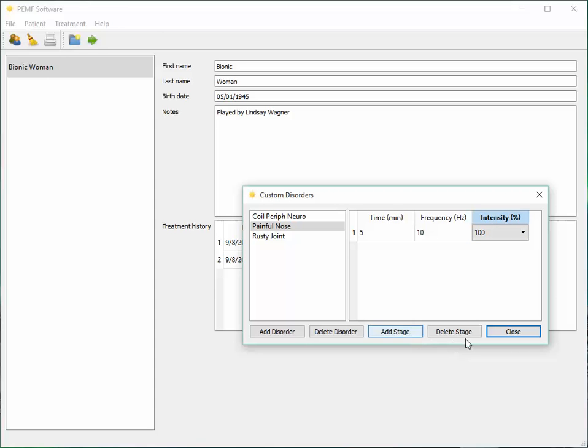That's fine. So I'm going to say add another stage. And this time I'm going to go back and again choose 5 minutes. This time I'm going to make the frequency, let's make it 22 hertz. And this one I'm going to make, it's kind of cool, 150%. And we're going to have to explain that to you in another way. The 150% is